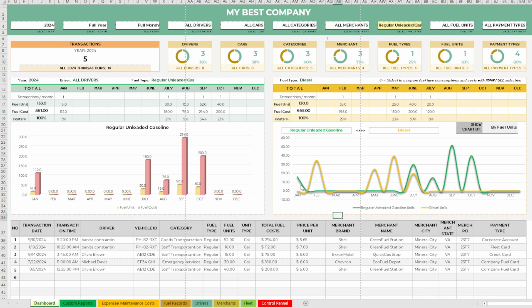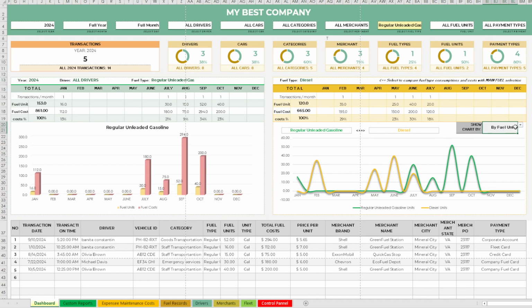And again, green line regular unleaded gasoline, and yellow line the second selection, to have this idea of how the cost went. Okay, and this is very nicely and very clear. If you see some top costs here, you can go also, this is for June, and I will see that in June we spent the most on this diesel. Okay,